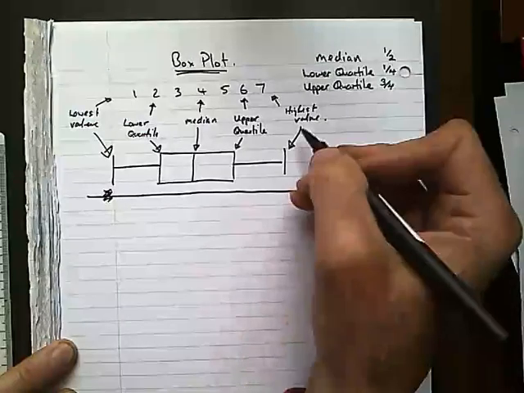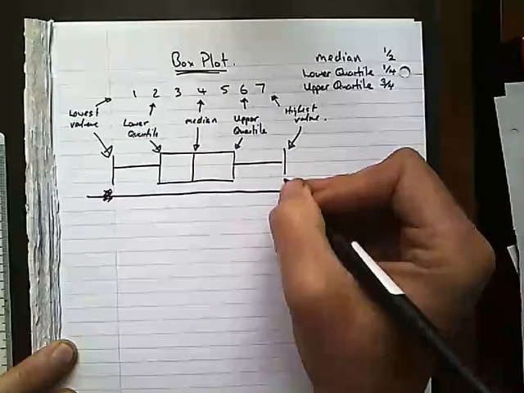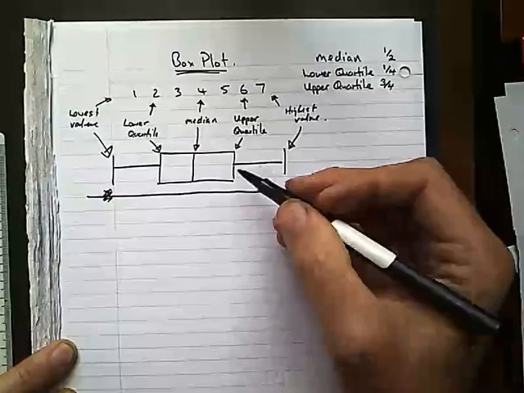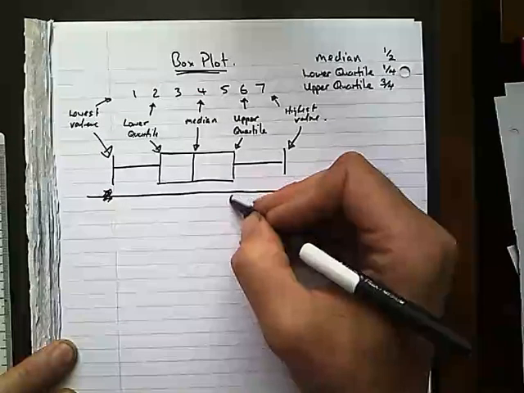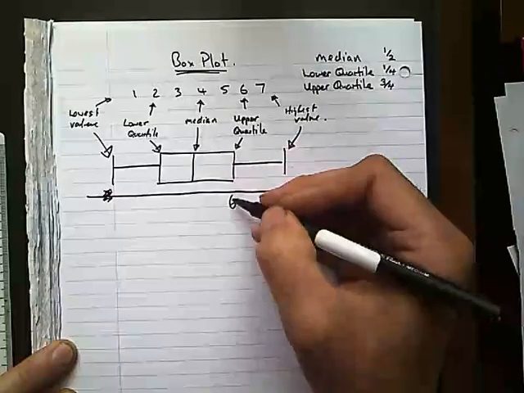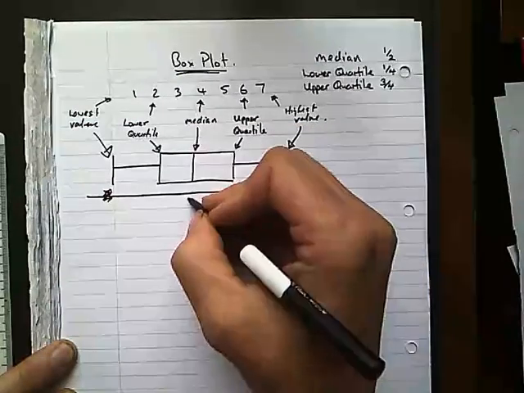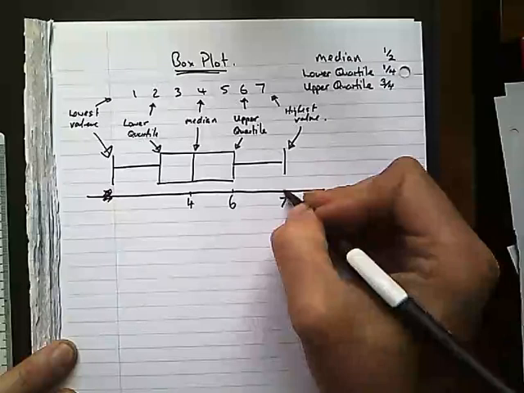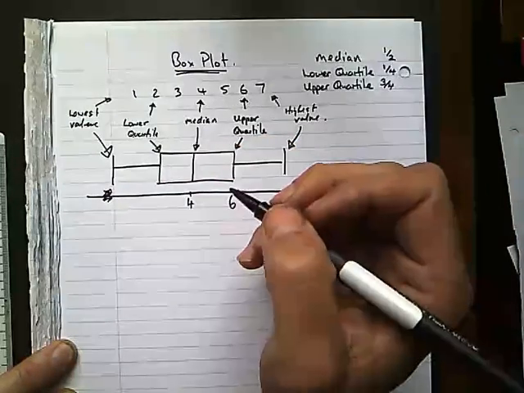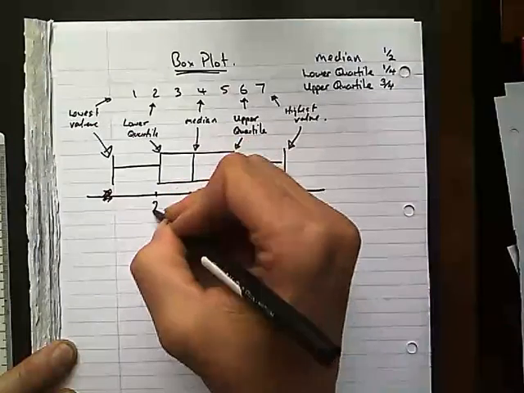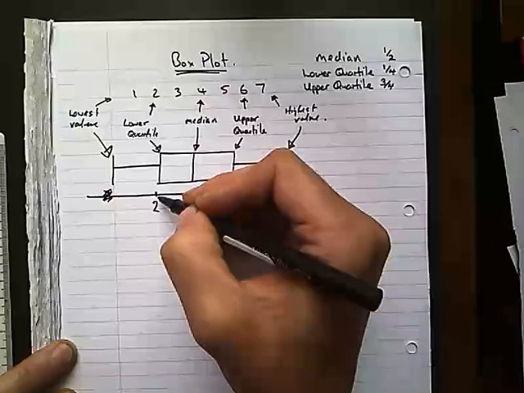We know the highest value is 7, so 7 will be in line with this line here. We know that the upper quartile is 6, so 6 will be in line with this upper quartile. We know the middle value is 4, so 4 will be in line with this middle value. The lower quartile is 2, so we know that this edge of the box will be in line with the 2, and the lowest value